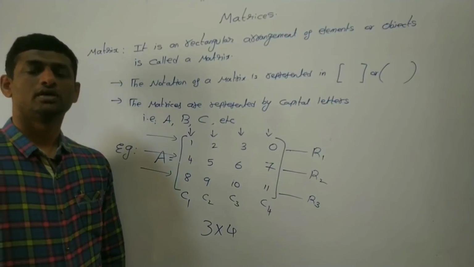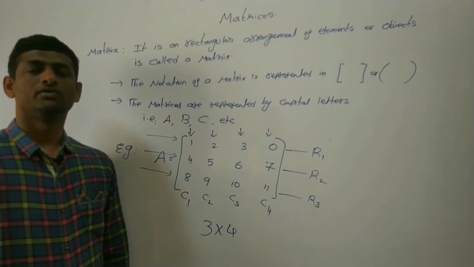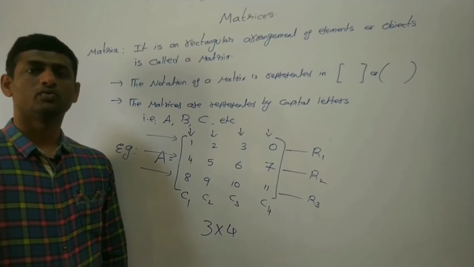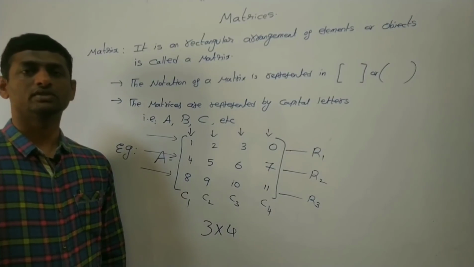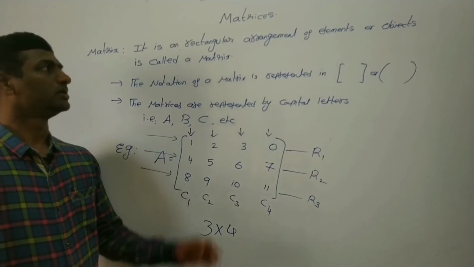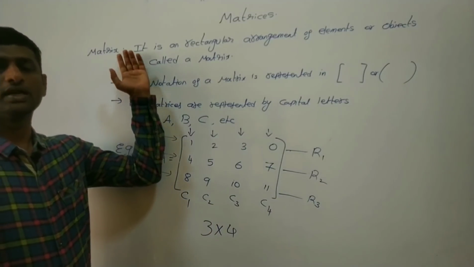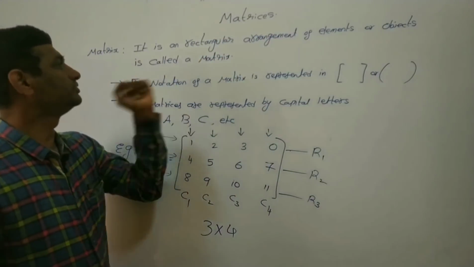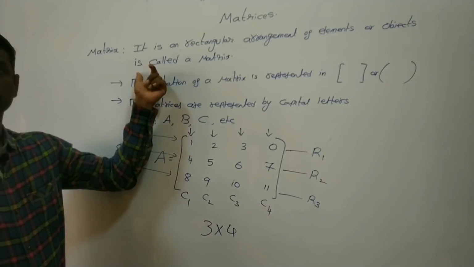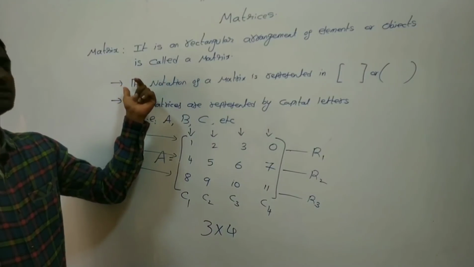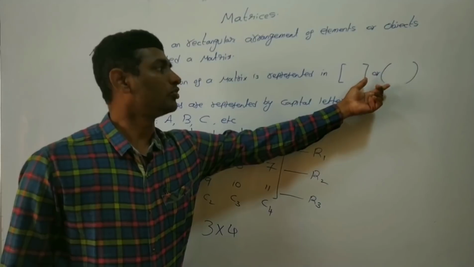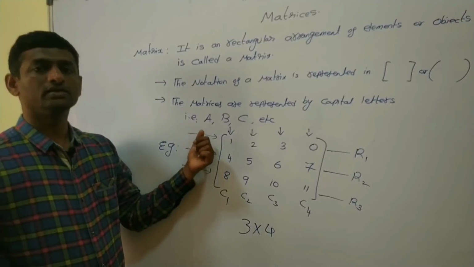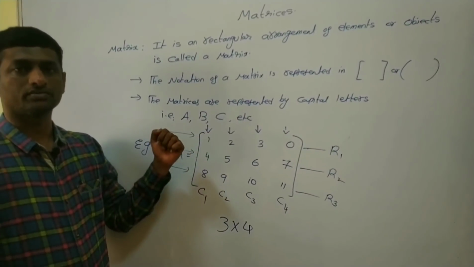Hello students, in the previous section we have discussed what is a matrix. Now once again we will start with the definition of a matrix. A matrix is a rectangular arrangement of elements or objects. The notation: it is represented by square brackets or open brackets, and represented by capital letters A, B, C, etc. For example,